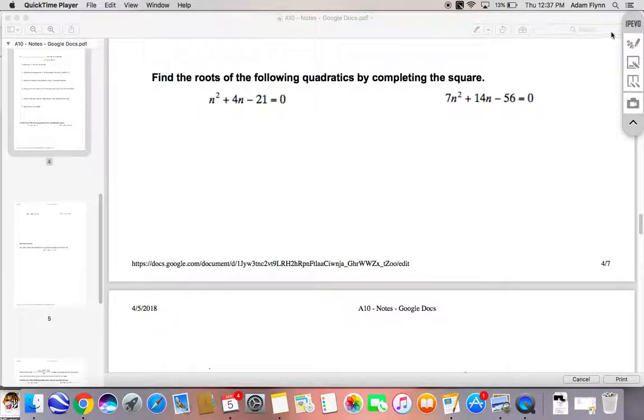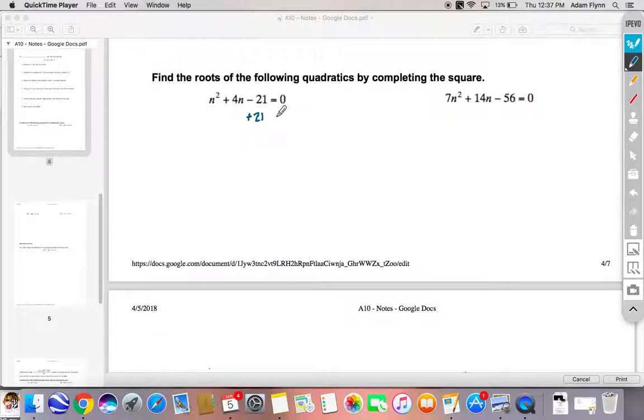This is the example video for A10 completing the square. Okay, so our first example here, n squared plus 4n minus 21. So we'll add 21 to both sides. Those cancel, so we're left with n squared plus 4n